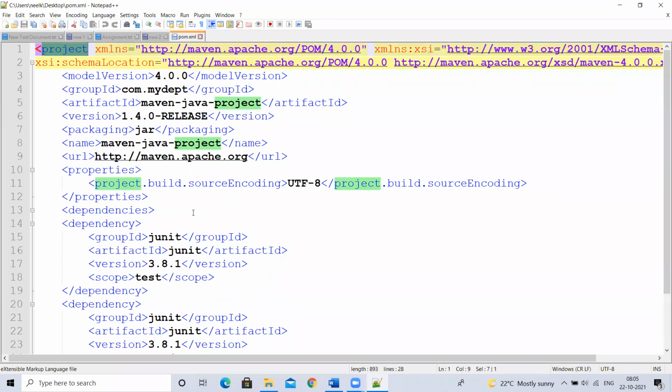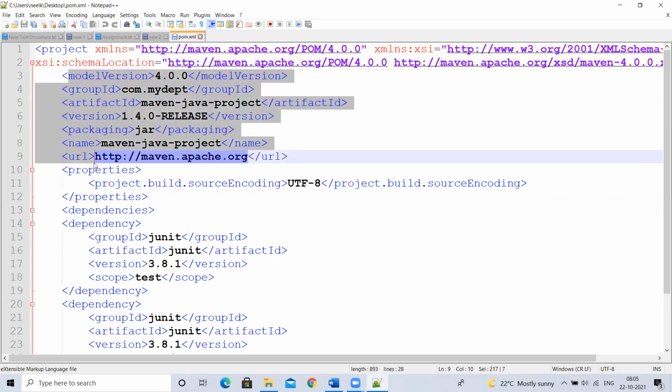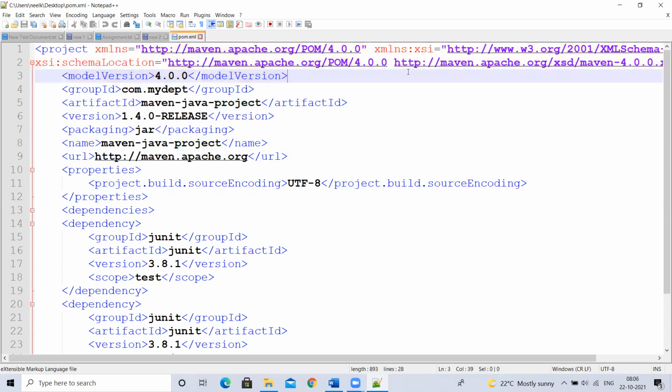If you are writing a pom.xml for a Maven project, the root element should always be project. You cannot write your name. And how does it know that these are the elements I have to use? If I use ABCD, it is not valid. How can it identify? Based on this XSD, or schema, whatever we have defined here.